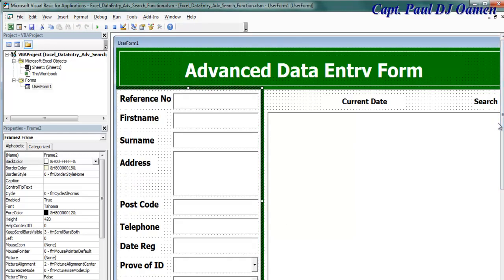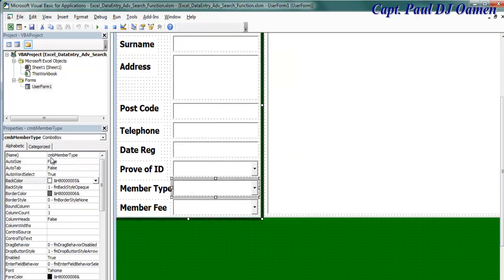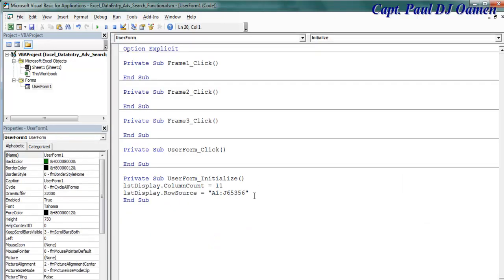The next thing I would like to do with this initialization process is I would like the member type right here. That is the combo box called member type, then evidence, provide evidence, and the fees. So let's go back inside the initialize form. So I'm going to enter combo box member type